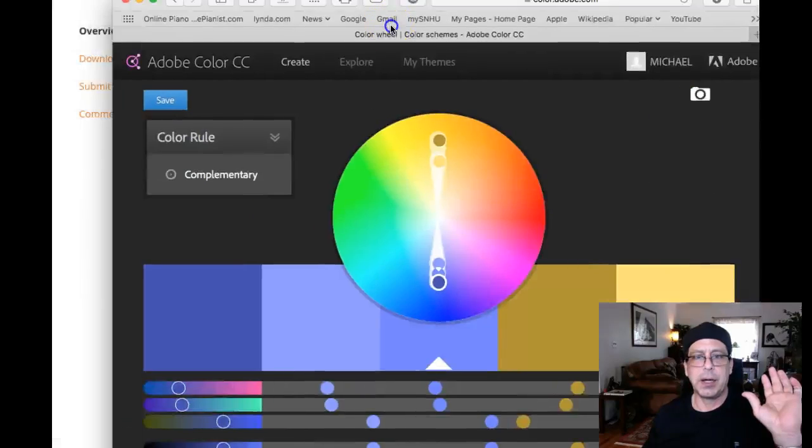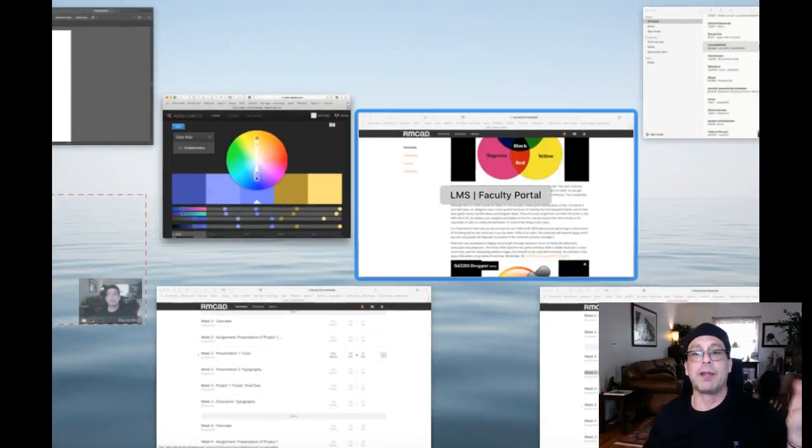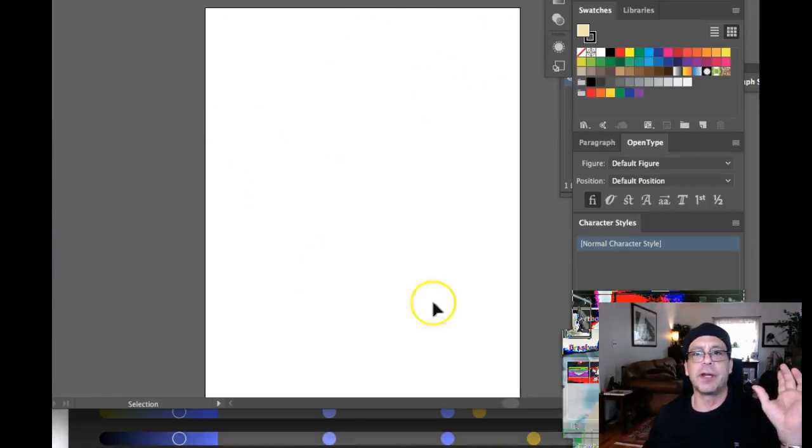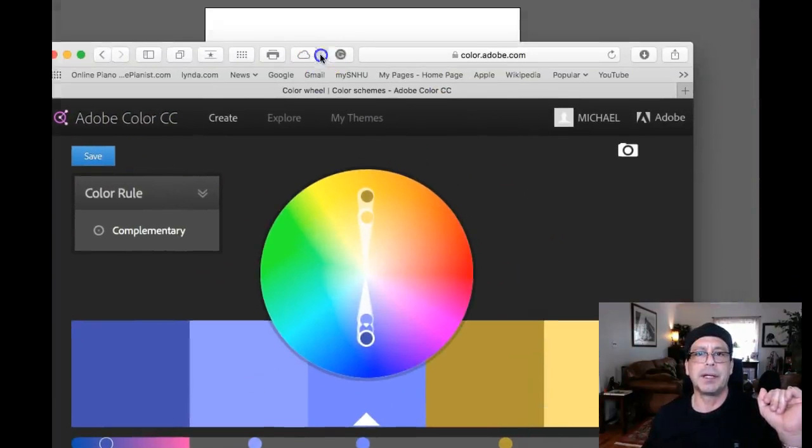Okay, all right, so let's see how this works. What I'm going to do after that is I'm going to go right into Illustrator, and I'm going to show you some color tools right within Illustrator that will ensure harmony in your color choices. Let's take a look at Adobe Color CC first. Okay, so it's simply